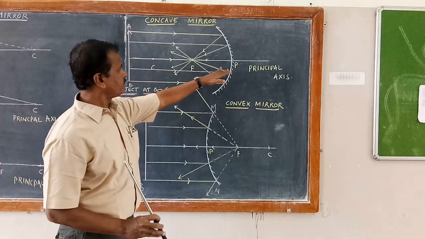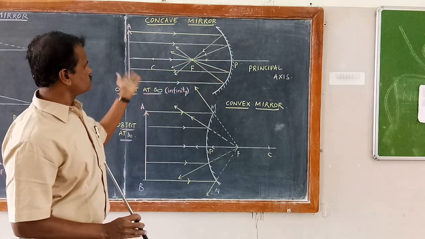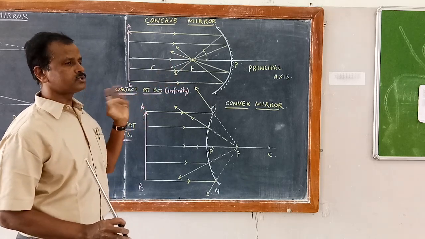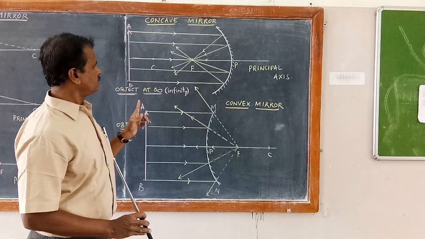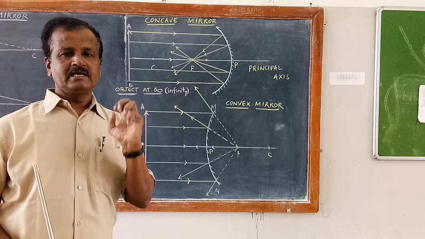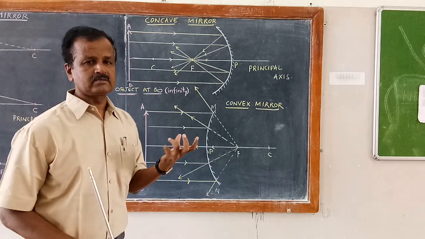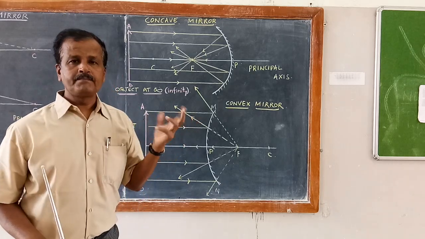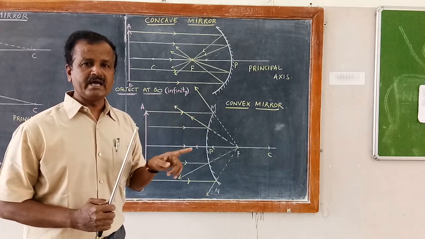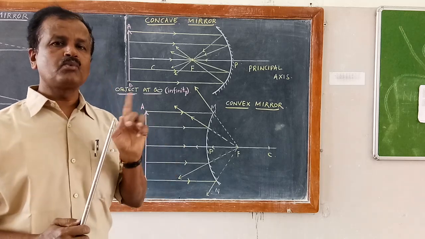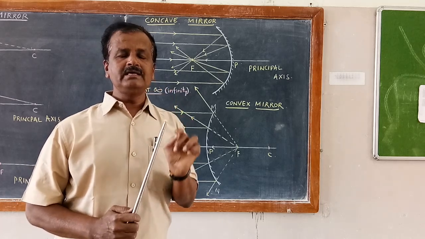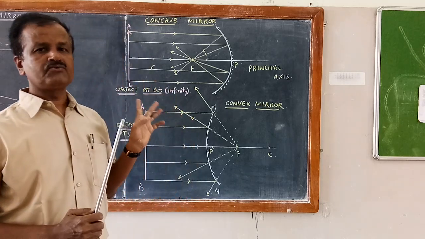So the radius of curvature of the concave mirror is also negative. These are all very important when we go for solving the problems of formation of images by noting down the object distance, image distance and focal length. And I have told you in the previous presentation that we use the mirror formula, 1 by f is equal to 1 by u plus 1 by v, where u is the object distance, v is the image distance and f is the focal length.